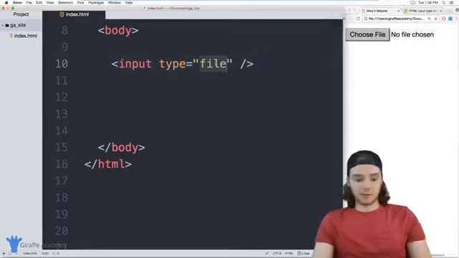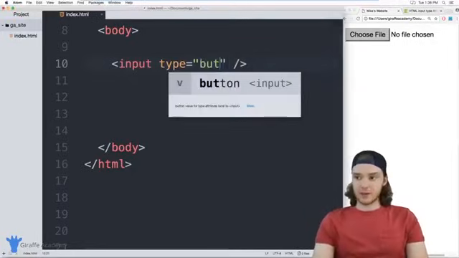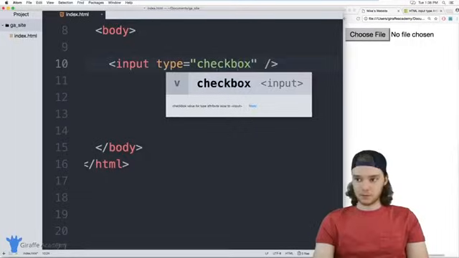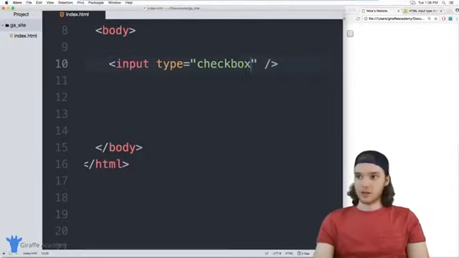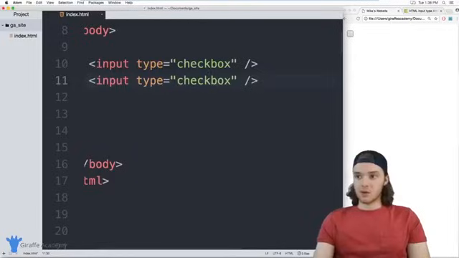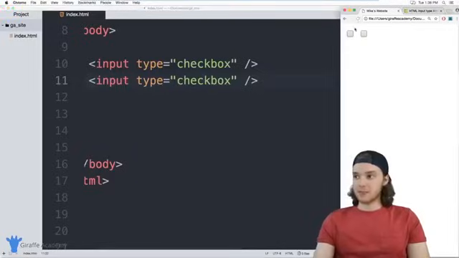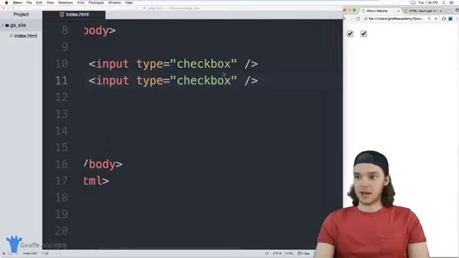You can also define different types of buttons. So I can define a checkbox, and here we just have a little box that we could check. You could also define a radio button. Actually, I want to show you guys the difference between checkboxes and radio buttons. If I have two checkboxes, I can check both of them at the same time. Okay, just like that. If I have two radio buttons though,